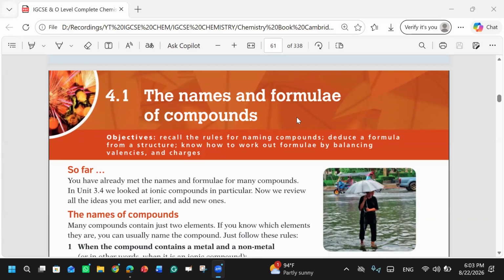It makes it easier for scientists, and for us, to understand, identify and classify, because every species has some special characteristics. If you have, for example, four chemicals in powder form, and all four are white in color but all are different, how will you identify them if the labels on the bottles are not mentioned? It will be difficult, right? That's why we have names and formulas of compounds, so that it is easy for us to identify and understand things.